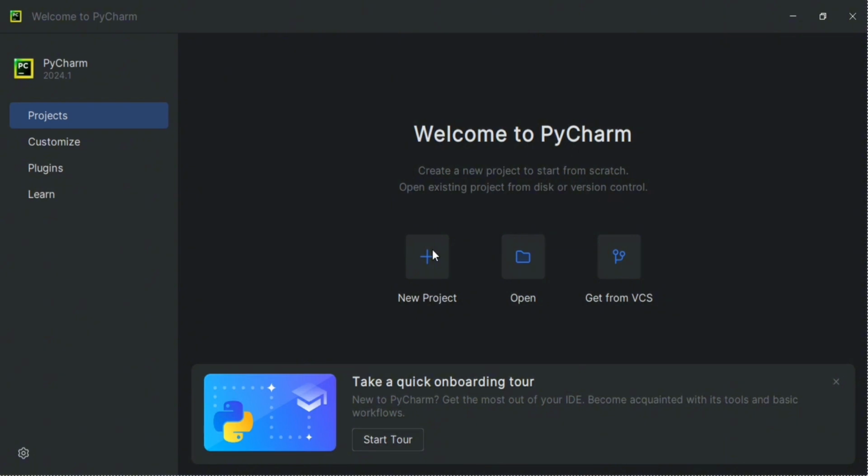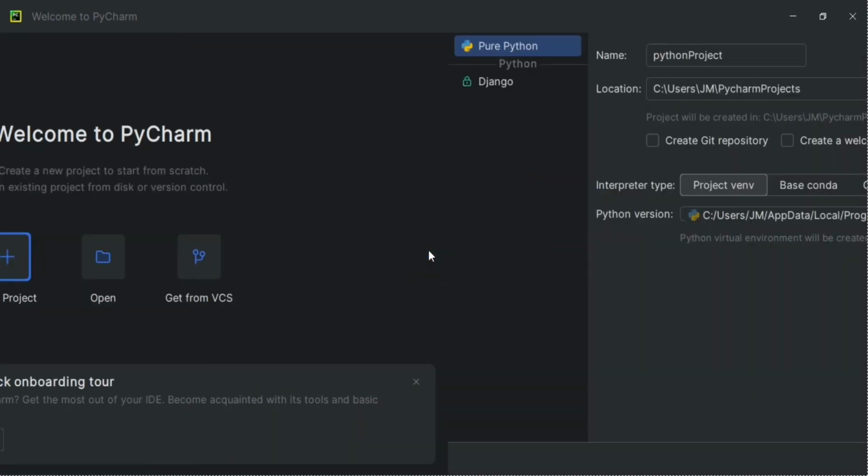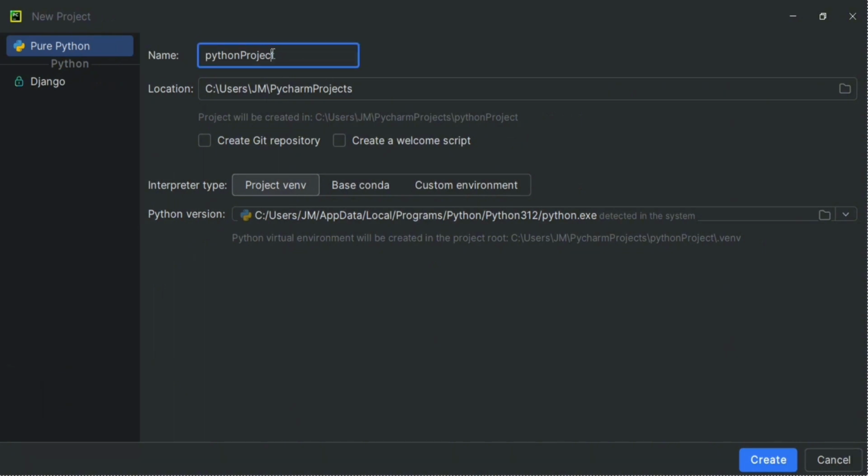I already opened up my favorite text editor here, which is PyCharm. You may refer to my previous video on how to install it. Now, the first thing that we need to do is create a new Python file. So in here, you can just create new project, name your project. I will name this one as tutorial, and then hit on create.